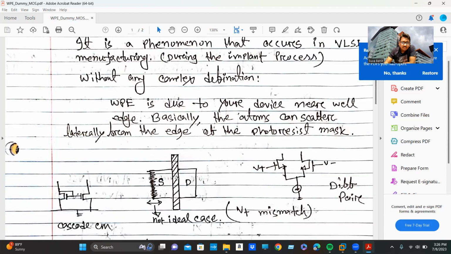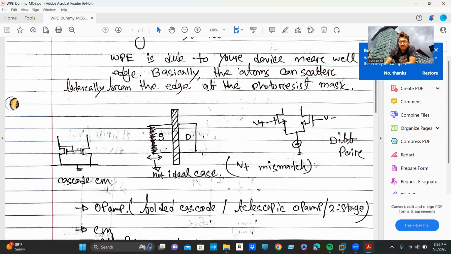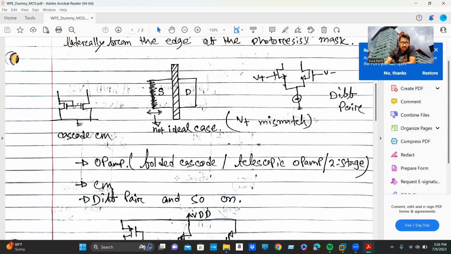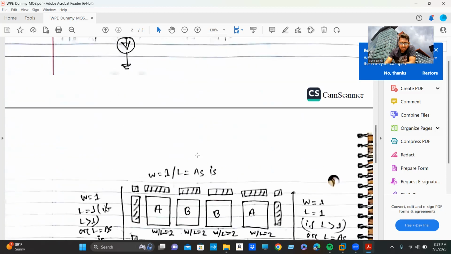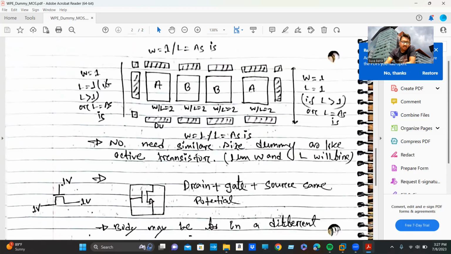Now let's talk about how to use this dummy transistor professionally. I would like to make this video very short, otherwise it would be large, so very quickly I'm telling you how to do that. Let's say I have four active transistors, two A and B. Let's say you have two devices, A and B, and each one has two individual devices. So let's say it may be a current mirror, and okay, I will make a separate video, but